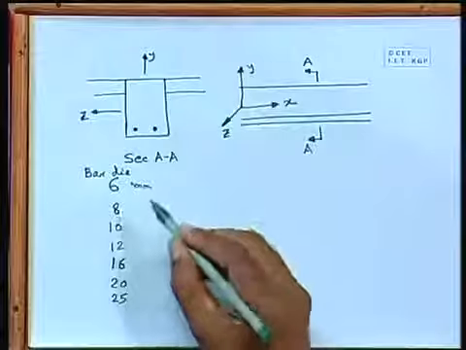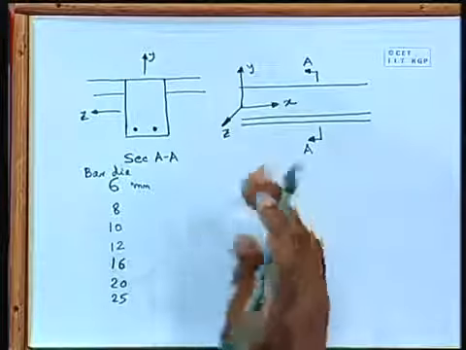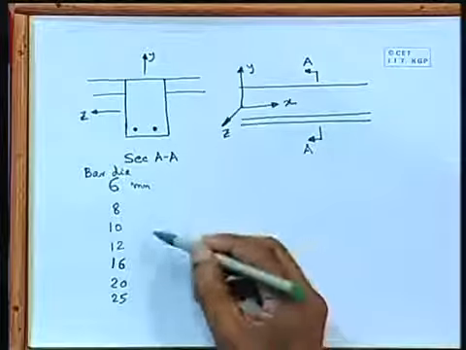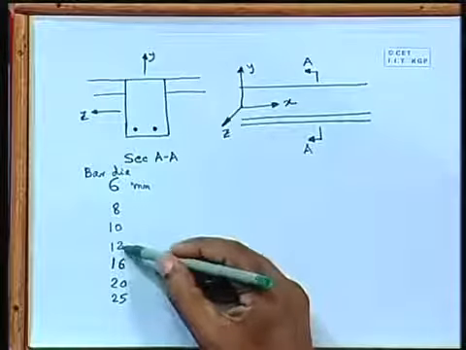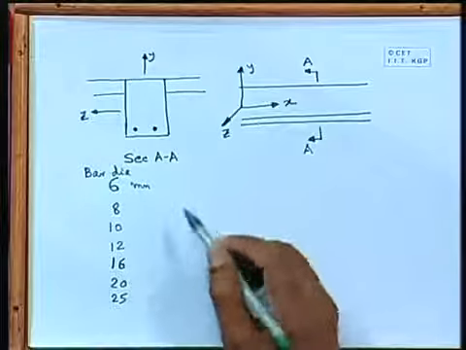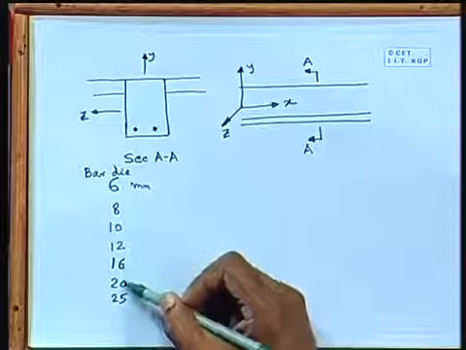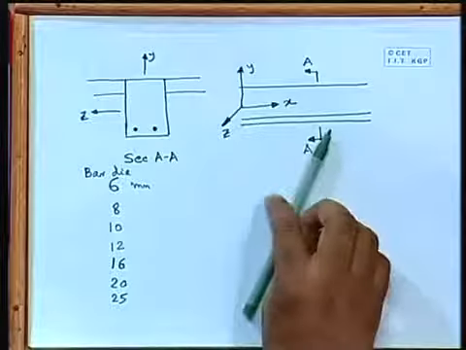Generally we use for slabs, say, 8 millimeter. 8 and 10 generally we use for slabs. Then we start, say, your beams, we generally start from, say, 12, 16, 20, that we generally use. And for columns we again use 12, 16, 20, 25. It all depends